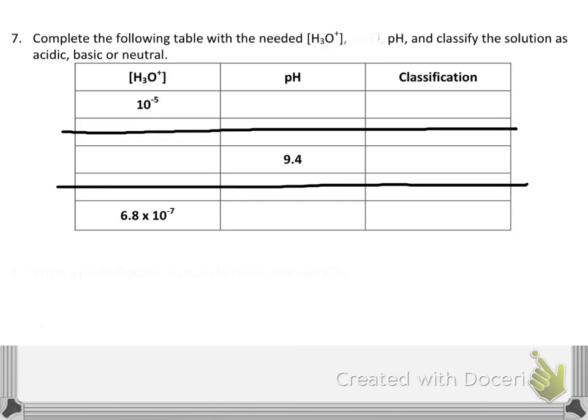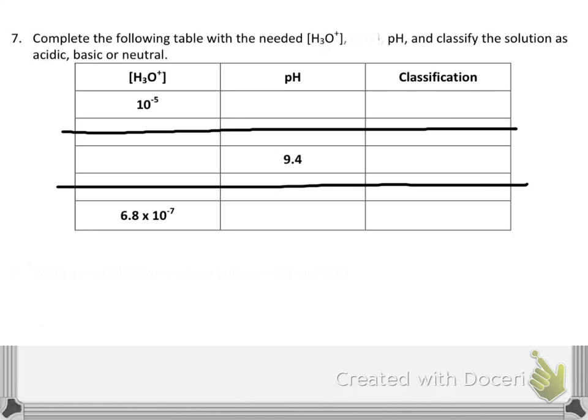Okay, question 7 asks us to complete the following table. I had adapted this from a different class, so in your copy it probably says something about the hydroxide ion or OH minus, but for this class we're not going to deal with the hydroxide ion. So we're going to complete the following table, and we've either been given the acid concentration or the pH. After we find either the acid concentration or the pH out, then we'll classify the solution as acidic, basic, or